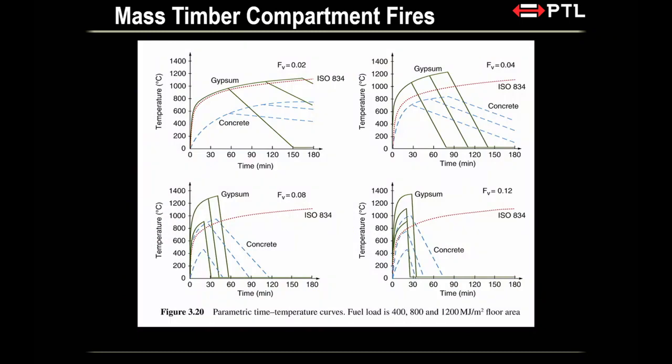So what I wanted to kind of show you here, all right, is the impact of ventilation on the fire, right? What are all these different curves? So we have basically the time temperature curve, all right? People have heard about the time temperature curve when it comes to structural fire design, all right? So I wanted to point your attention to the red line. The red line says ISO 834. What is ISO 834? ISO 834 is the standard fire test. That's where a lot of our floor systems, wall systems, fire stops get assessed to, right?